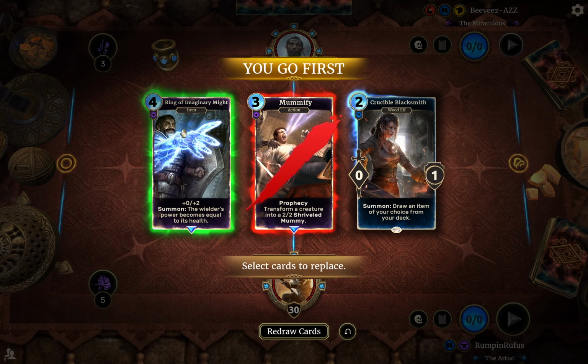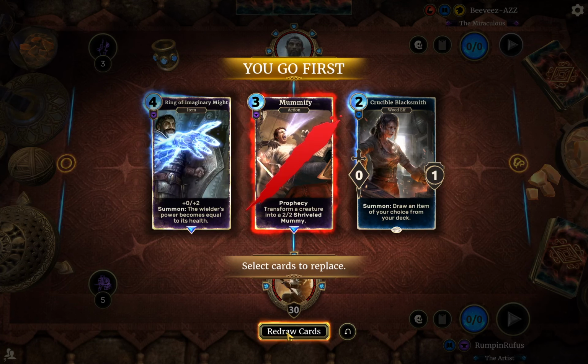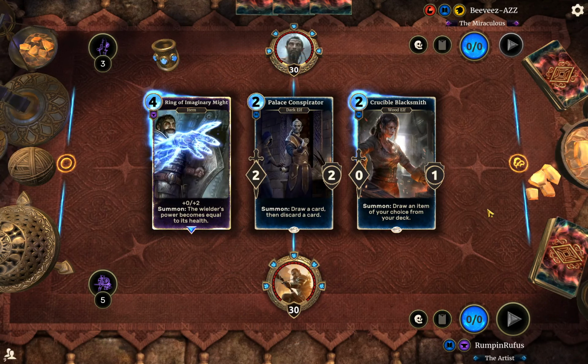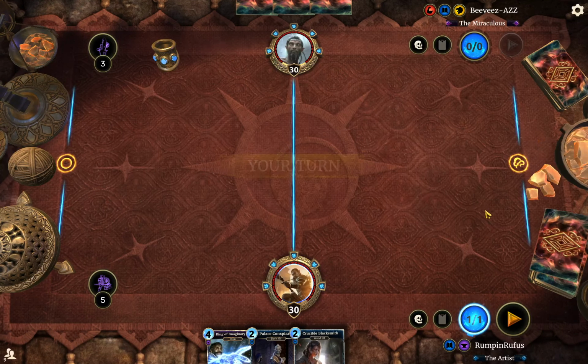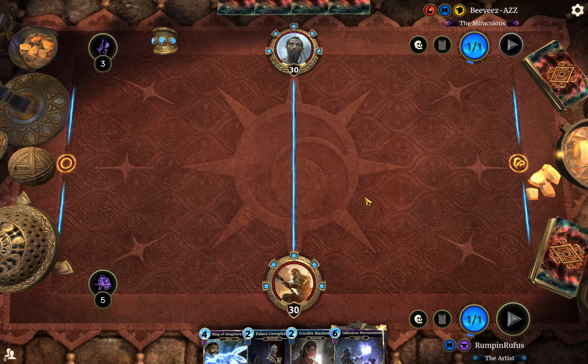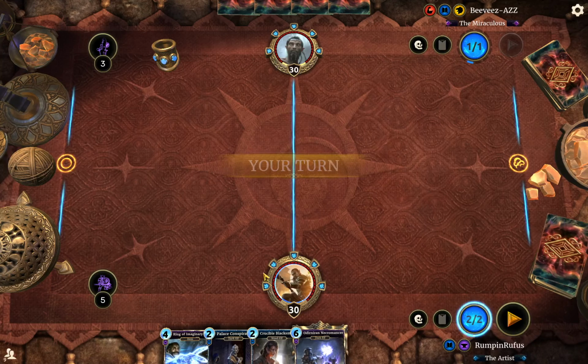So here, I'll keep the combo piece, keep the Blacksmith. And then, yeah, hope we can find a Midnight Burial and a Bone Armor. So, like I said, sometimes I'm going to keep the...